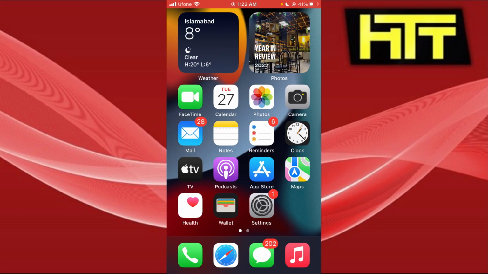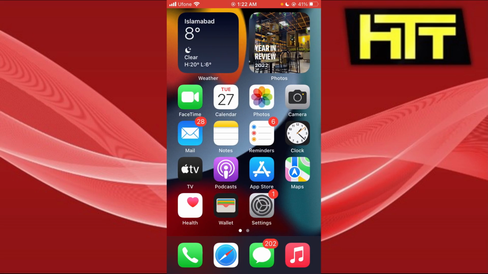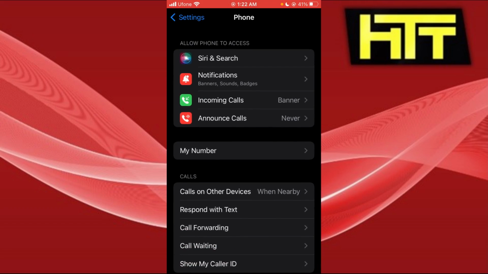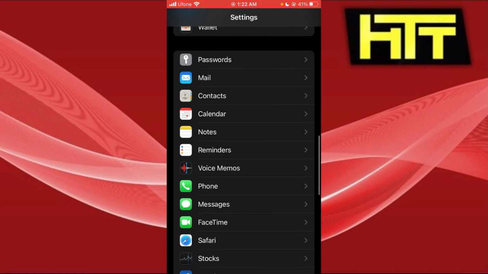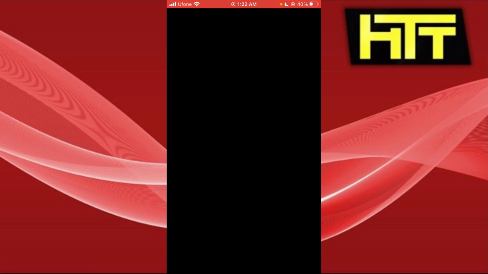Usually you need this when you're kind of occupied and you want to prioritize something. So first of all, you need to make sure that you have a SIM inserted in your iPhone, because without the SIM being in your iPhone, this option will not be available, and that is exactly why I'm using another iPhone today. So we go to our settings,